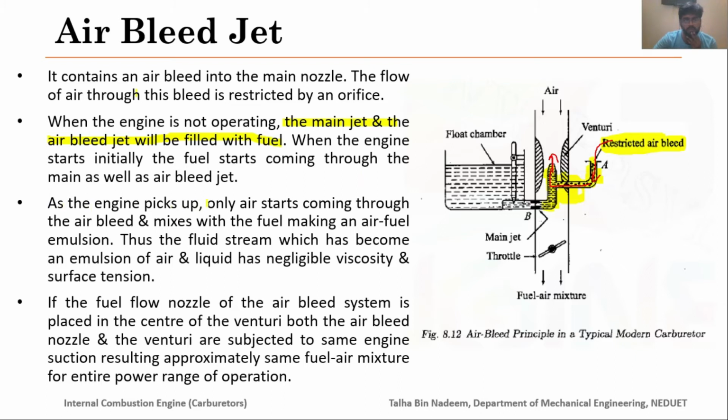So as the engine picks up, only air starts coming through the air bleed and mixes with the fuel, making an air fuel emulsion. Thus the fuel stream, which has become an emulsion of air and liquid, has negligible viscosity